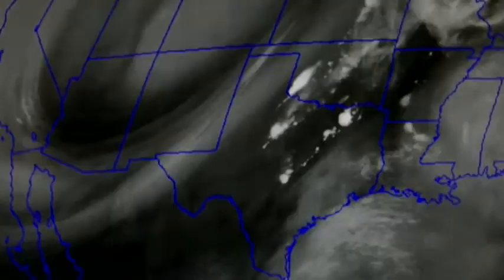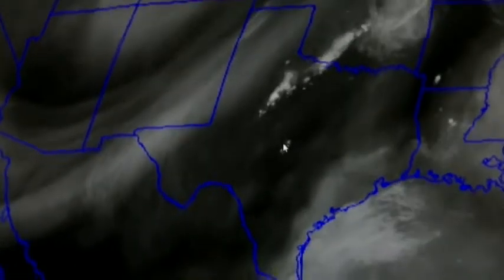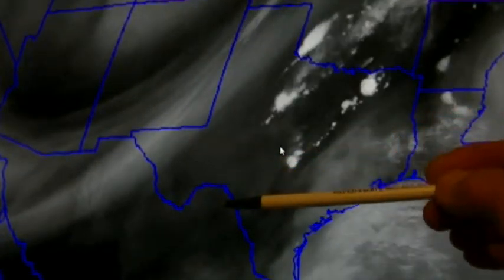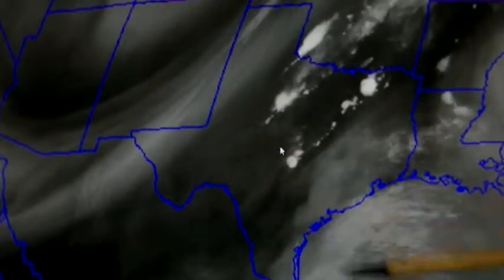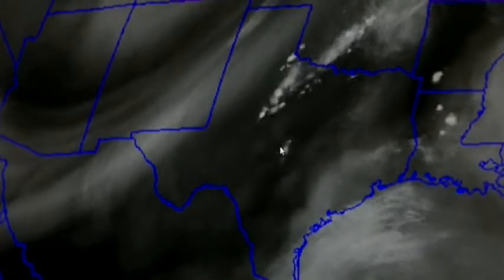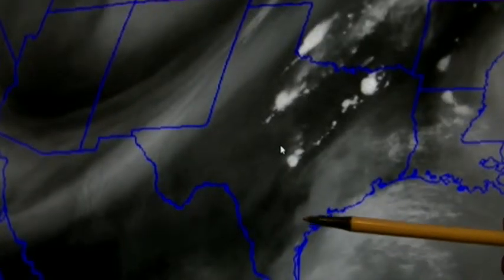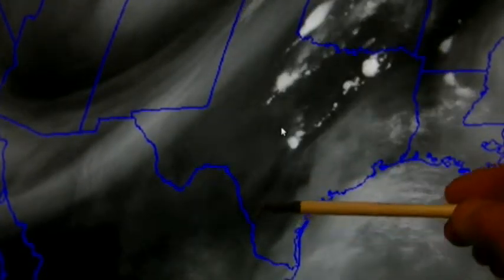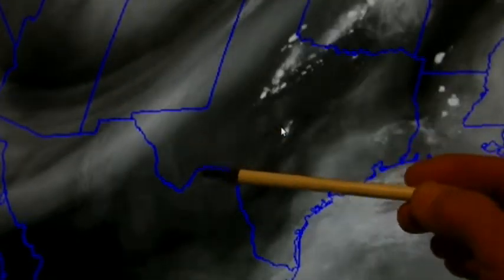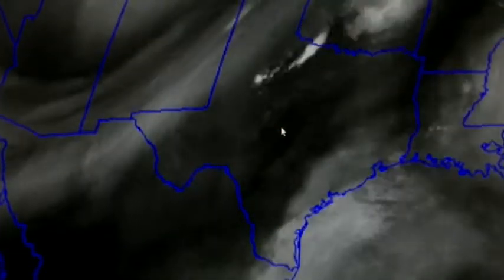Let me show you the infrared. The water vapor. Zoom a couple more. Okay, now what we see is there's this little oval of darkness that's moving down that way. That is the edge of the Haarp dry air downburst. Okay, and also down here we see sort of an oval shape here. But anyway, the fact that we've got an arc of dry air moving down that way is